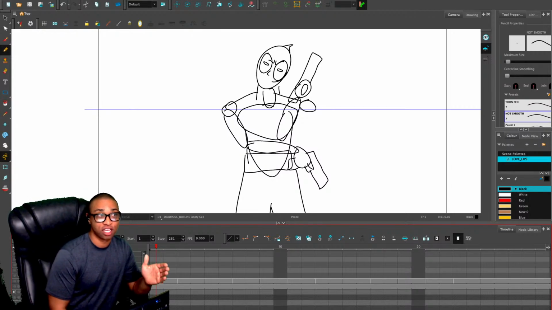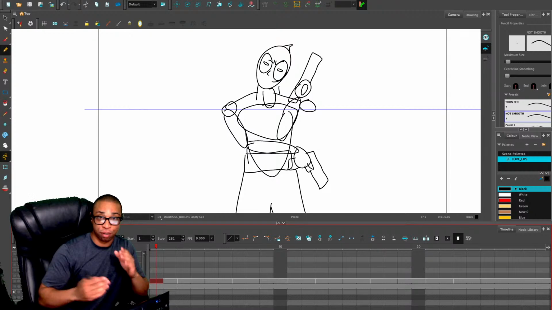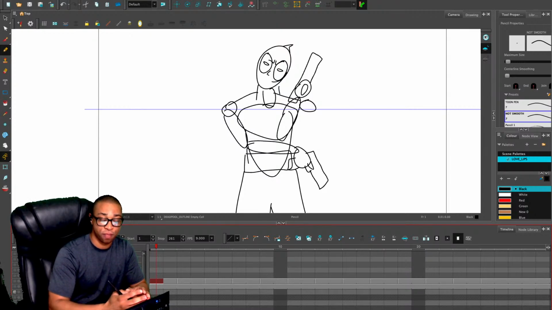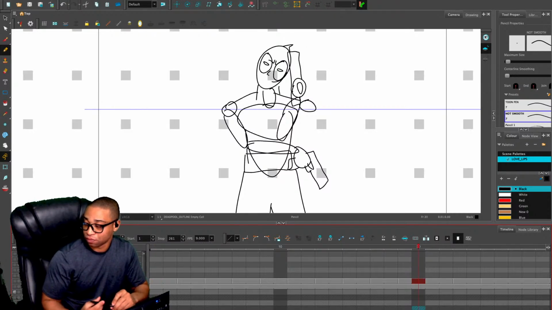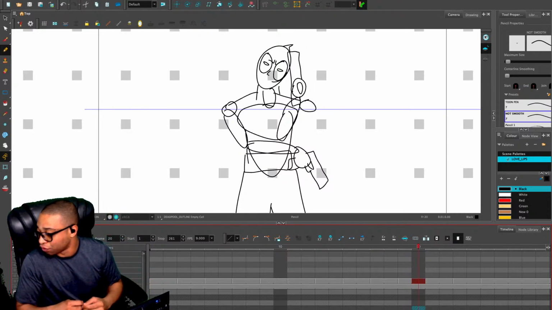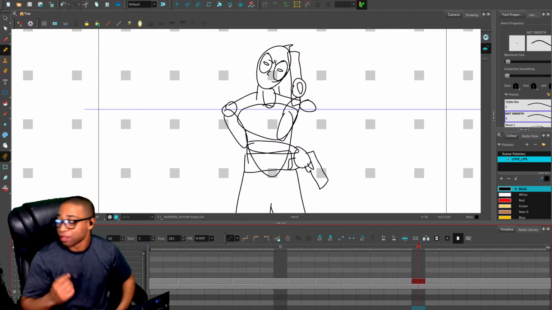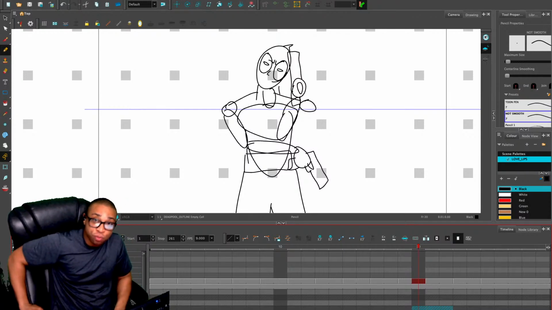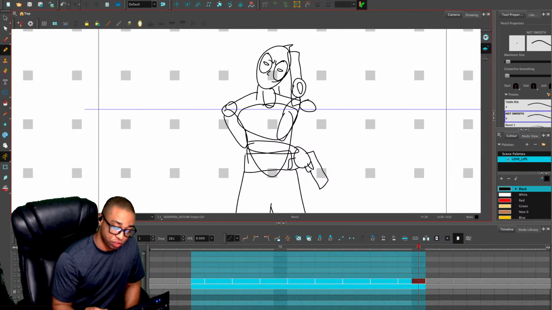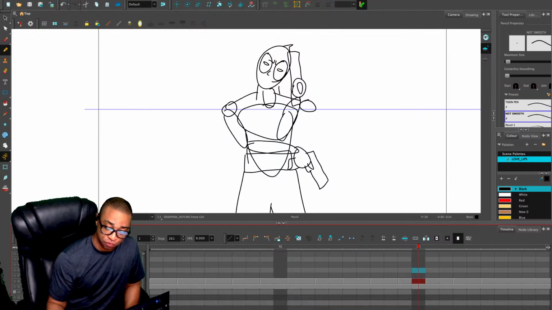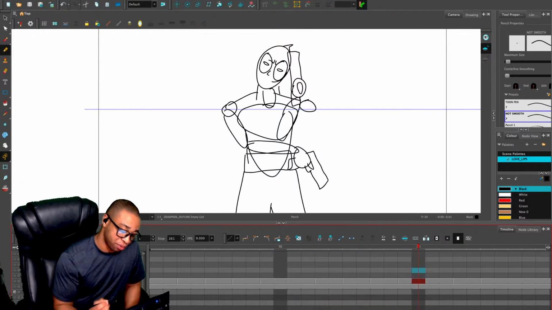And generally, it wouldn't just be one person. It would be like a team of animators, if I'm not mistaken. But it did. So the frames per second is almost a creator's style in a way. Yes, but generally, for the most part, it will be 24 frames per second. And that's how many drawings you're going to do for 1 second. But for me, like I said, I'd probably do like 9 frames per second.